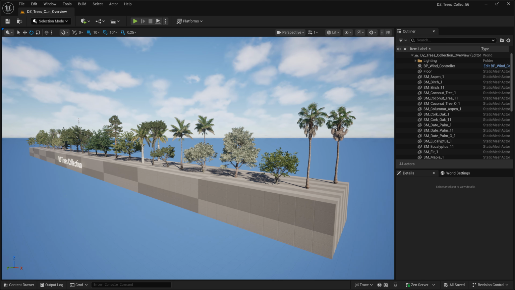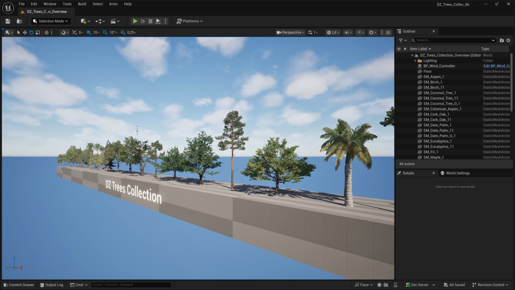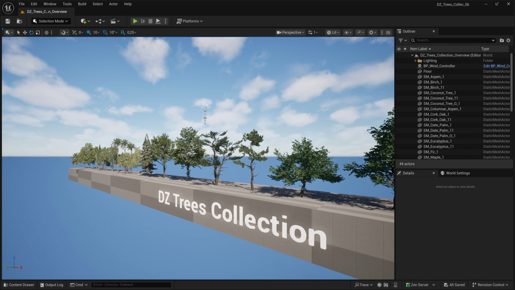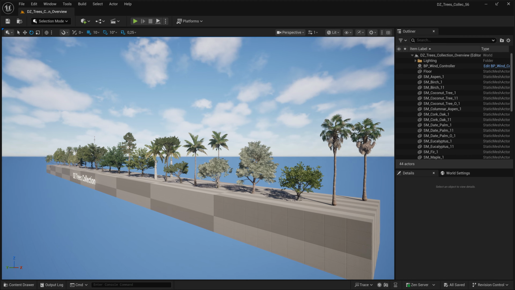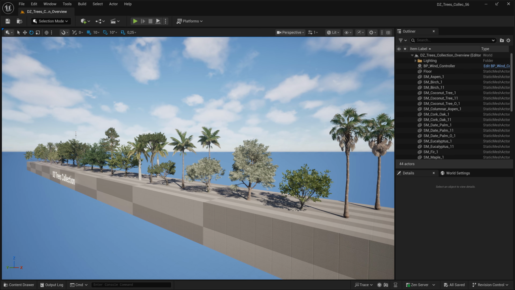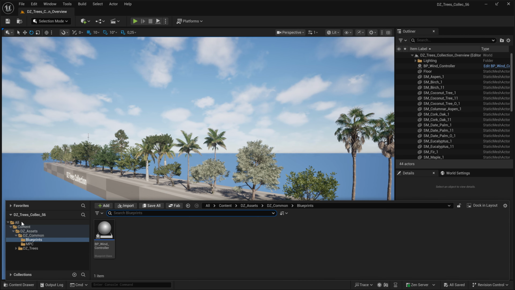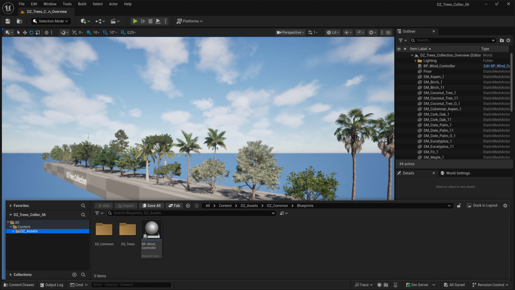I will use this DZ tree collection pack that has trees from all the packages, excluding the low poly packages. And because this is a good case to show if you're collecting DZ trees or other assets, now they will be unified more than before. The first thing, all the DZ assets will have this DZ assets top folder. And